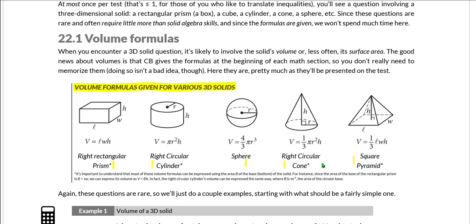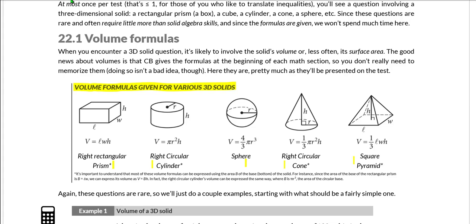I will say if you are going for an extremely high math score, it is probably, for the sake of speed and confidence, a good idea to memorize these formulas so that you don't need to flip back to the beginning of the section. But certainly if you feel like trying to shove any more information into your head could do damage to your brain, then just go ahead and use the info pages at the beginning of the sections